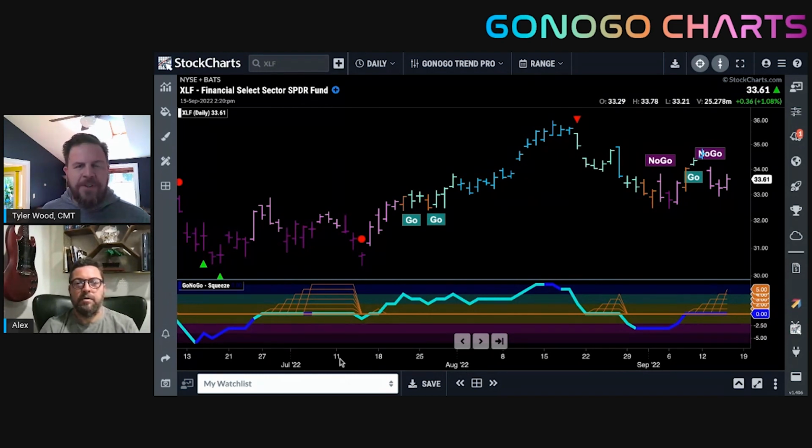Let's look at it on an absolute basis. Again, a reminder, when we are in a relative outperformance to a market that is in a downtrend, this could also be a downtrend, but moving less ferociously to the downside, losing less. So let's take a look at what we're seeing from a constructive point of view in financials.